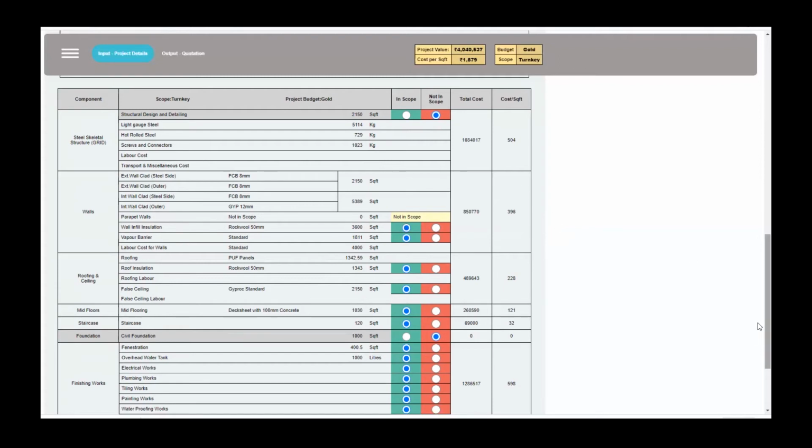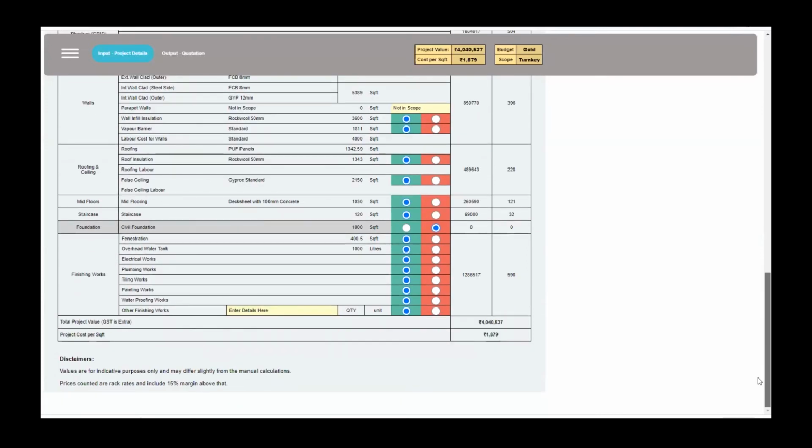Now for this quotation, once you enter all these values and selections here, you can also choose one customized option here, where you can enter some special finishing like modular kitchens, smart home technology or solar panel technology, and you can enter the pricing and unit here. That will be added to the total construction cost. So now this is done.